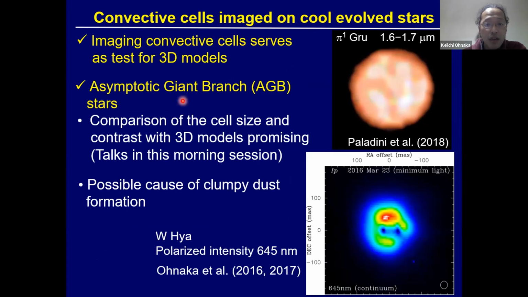And as far as asymptotic giant branch stars are concerned, comparison of the cell size and the contrast with 3D models looks promising. What's shown here is the AGB star Pi1 Gruis published by Paladini et al., taken in the H band. So the surface shows a few large convective cells whose size is about a quarter of the stellar radius. And these convective cells might be the cause of clumpy dust formation recently seen in the scattered light